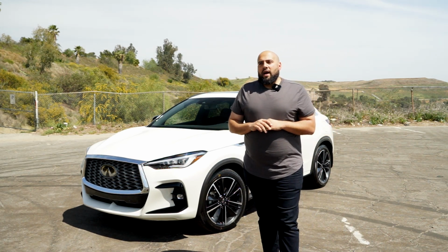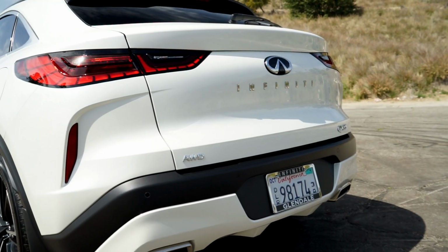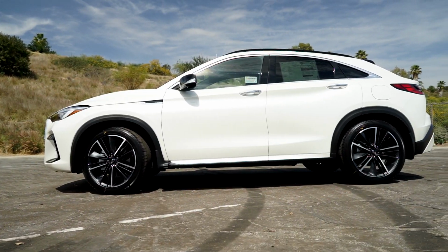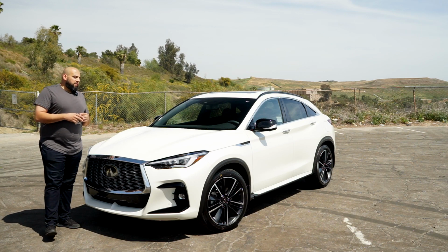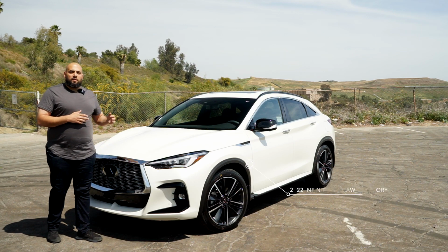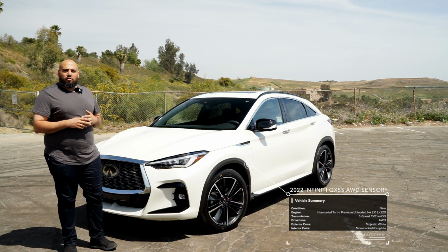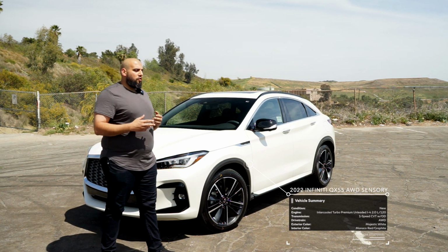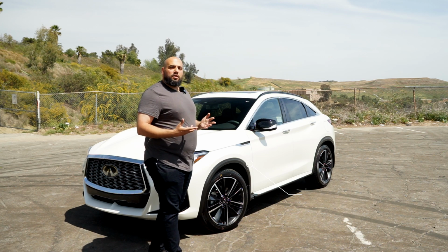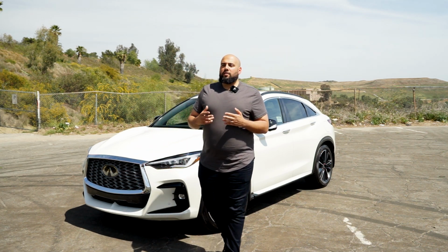Now, this one does come with all-wheel drive standard and 20-inch wheels, which does make the car look really good. This exact vehicle right here is the Sensory model. It does have the overhead display and a lot of the safety features which a lot of people look for nowadays. And I will tell you, the drive, as I'll go through in the video, is a lot more